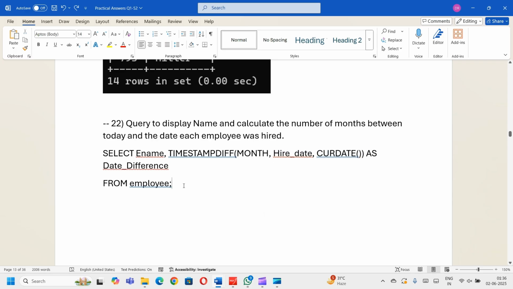Now, what's the other way of doing it? You'll do the month of the current date. In this function, the earlier date is mentioned first, the later date is mentioned later. So month of the current date minus,